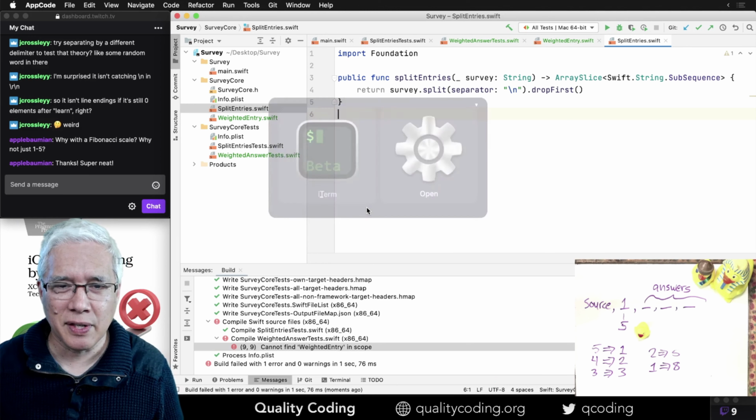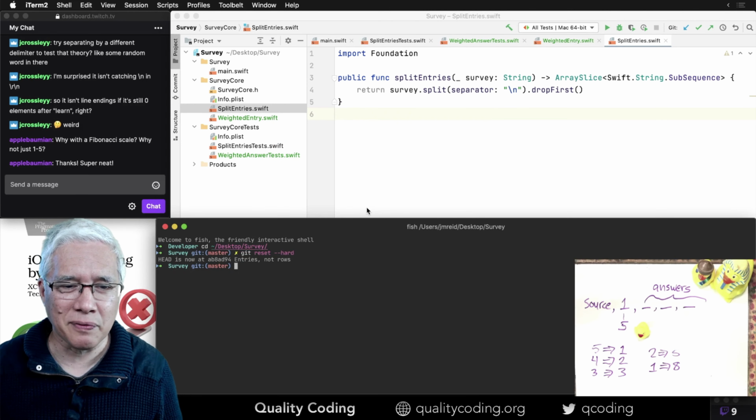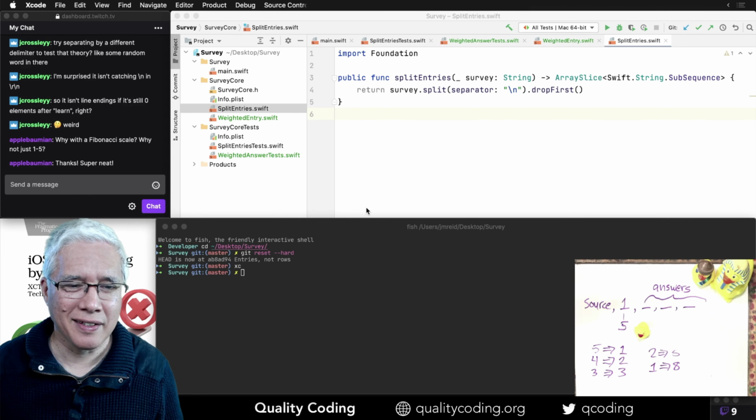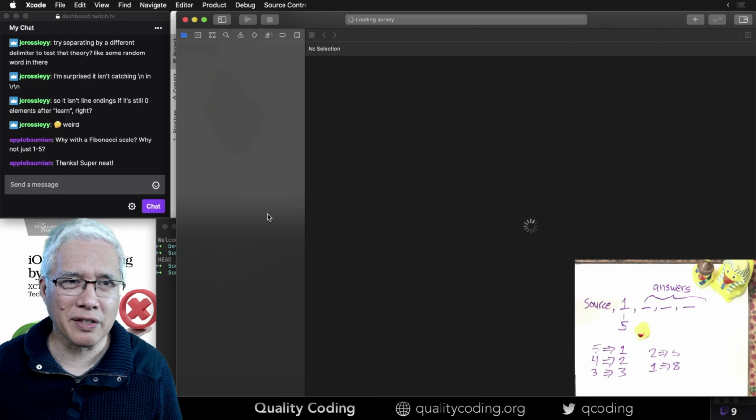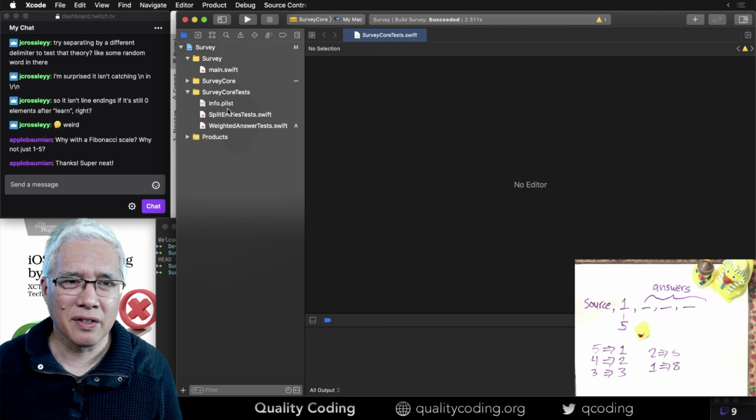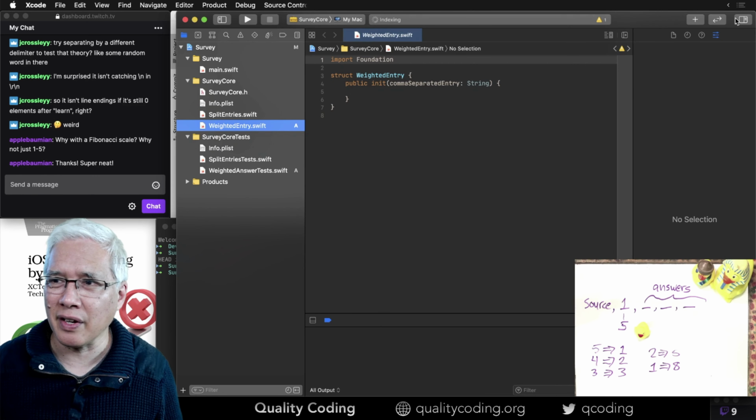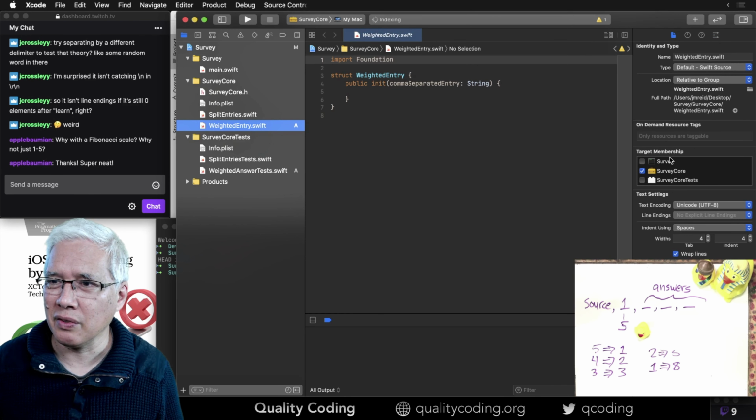Sometimes I still want Xcode. When it comes to project fiddly stuff, I'm just more familiar, I guess, with seeing if I got the target right and so forth. Okay, it's in there. Not sure what's going on.